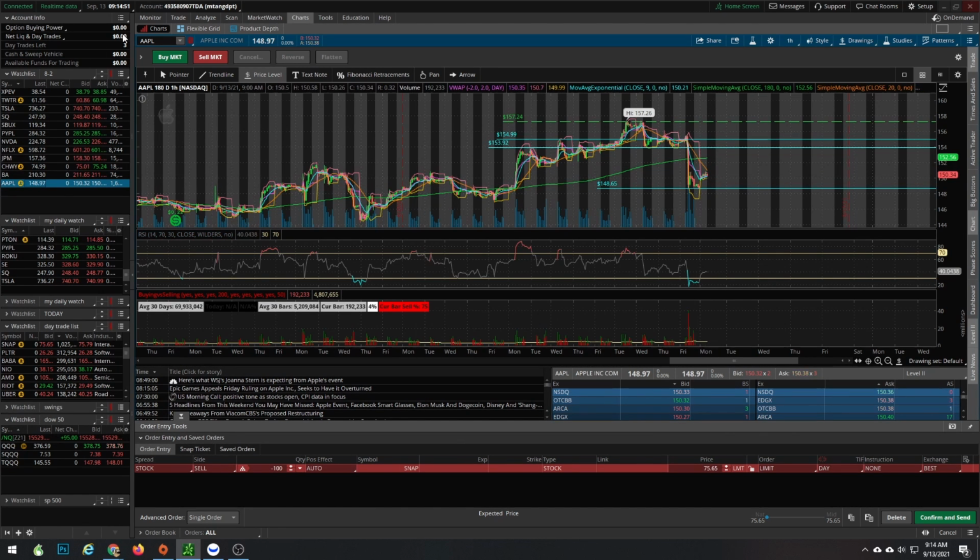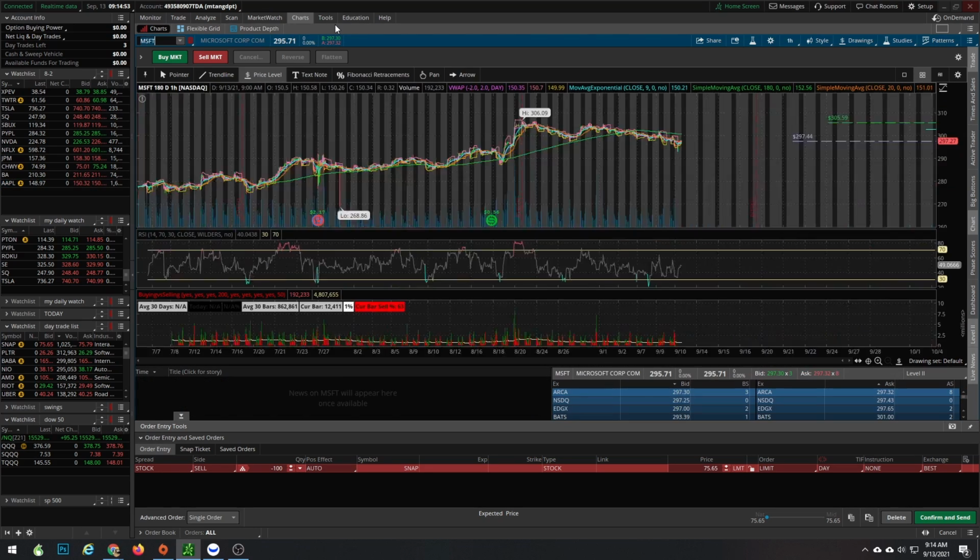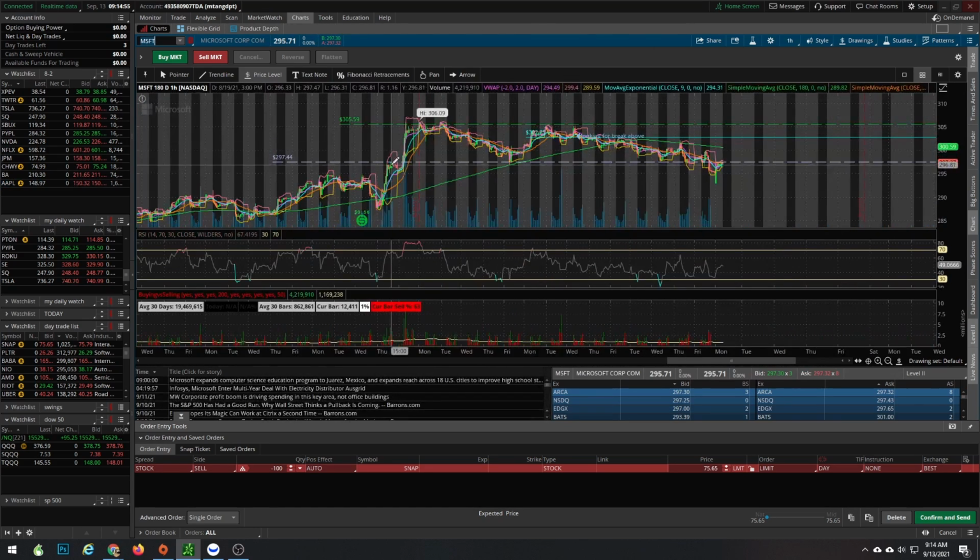And then finally, we have Microsoft. Microsoft is at a previous resistance, and here it definitely broke below and recovered back to it. So I want to see if there's a continuation down below or if it's going to be a recovery. So it's just something to keep in mind. All right, and then we'll get into the live trading.